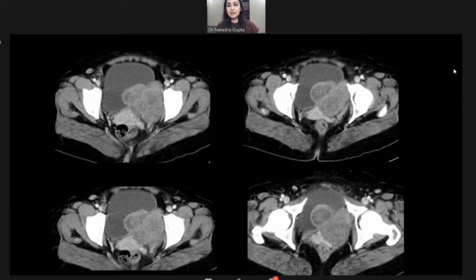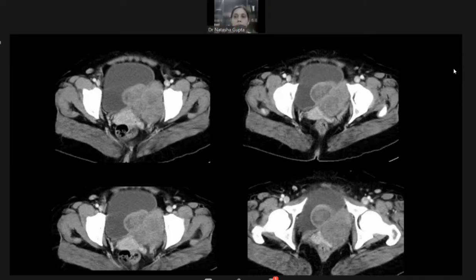So we have to keep that possibility. Apart from that, other mesenchymal malignancies, maybe a lymphoma also can be kept in the differentials. It is also one rare lesion of the bladder wall. A primary lymphoma arising from the bladder wall? Very rare, ma'am, but it could be a possibility. Like a maltoma can be seen from the bladder wall very rarely.